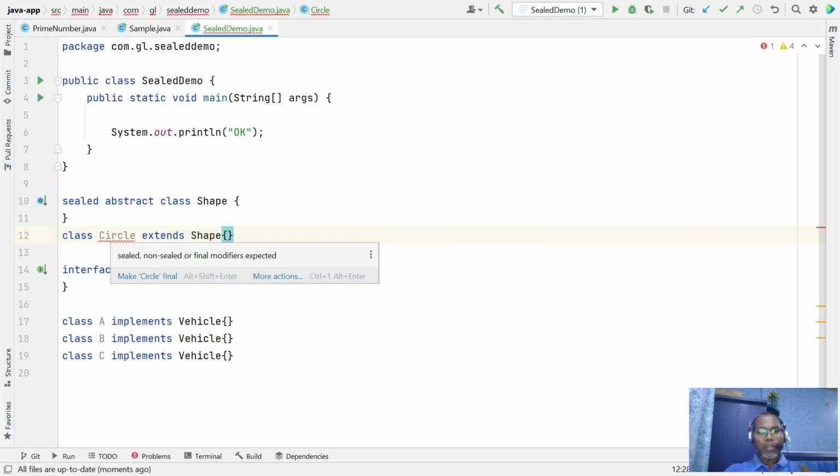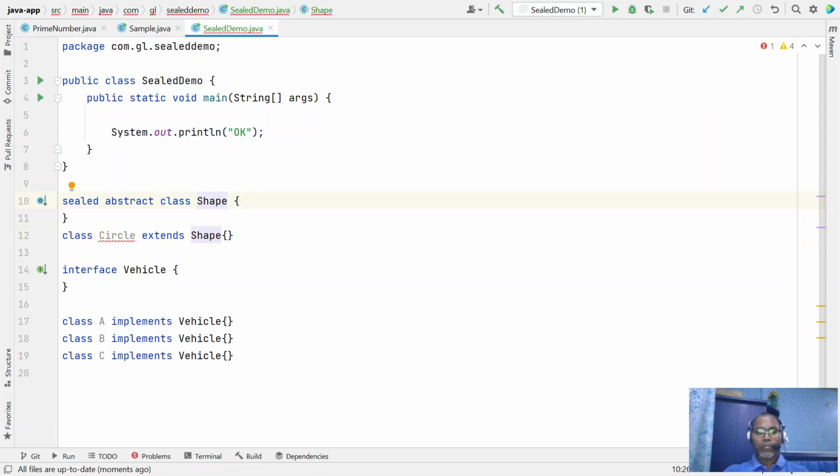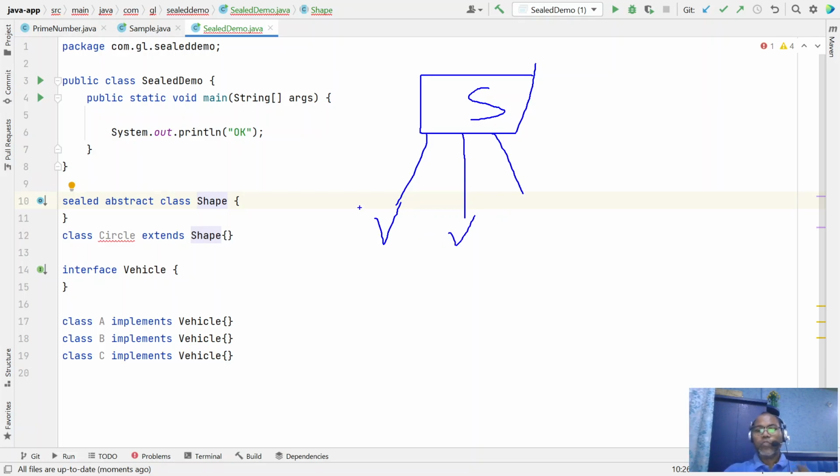See, in the Shape hierarchy you are going to make restrictions. Here we have a Shape interface or class, and I want to allow only Circle or maybe Triangle. Only two are allowed, and I don't want any other kind of shape to implement my interface. So I'll do it.